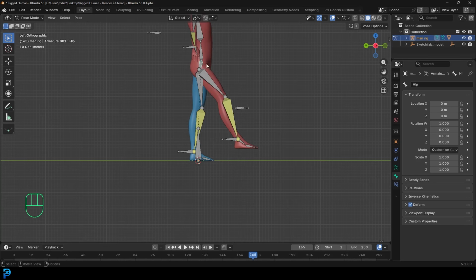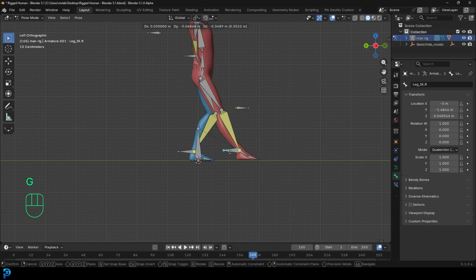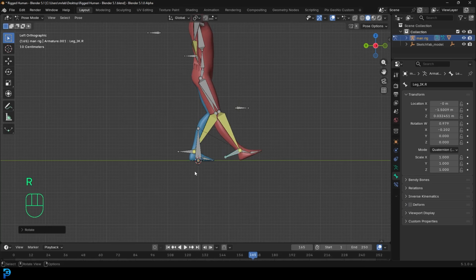So we actually need to grab the hip itself, because we need to bring that down, right? Right now the character is standing straight up. So bring the hip down a bit, and then you should be able to bring that foot forward and kind of like that, okay? And then what we want to do, we want to grab the other controller on this